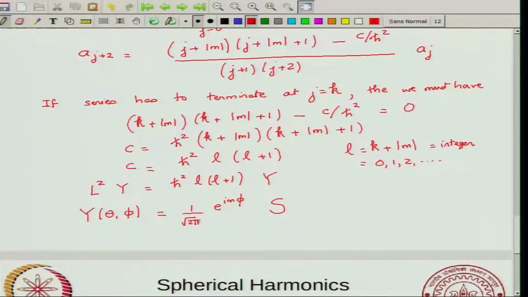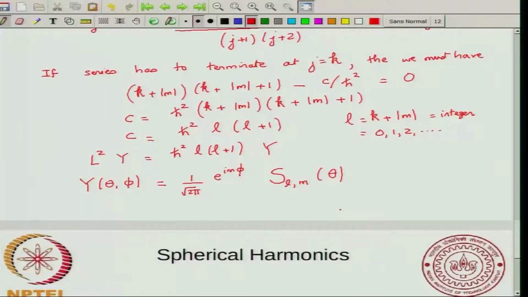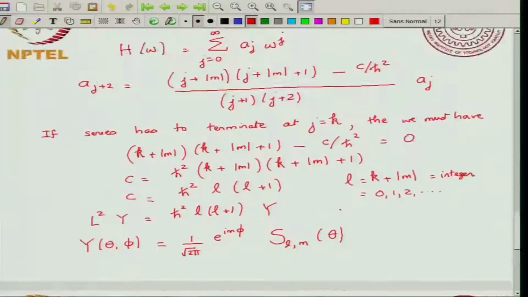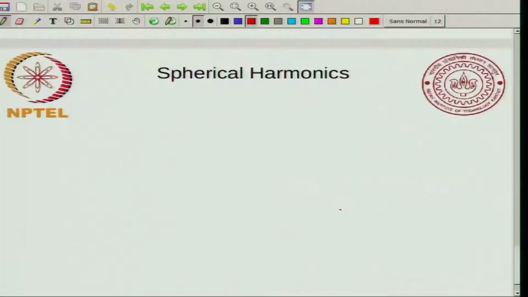Now your Y has this form, so you have e to the i m phi. Now this S depends on L and it depends on m. S L m of theta. So this is a function of theta. Now what is this function of theta? This will be related to the polynomial that you get from the power series solution. So you can show that S L m of theta is proportional to, we won't bother about the constant of proportionality,